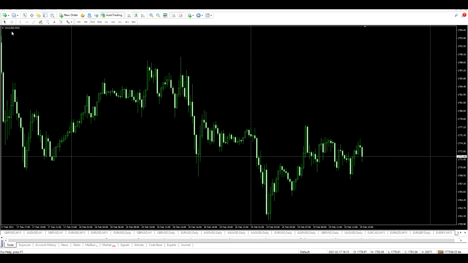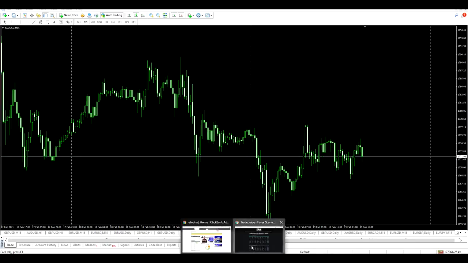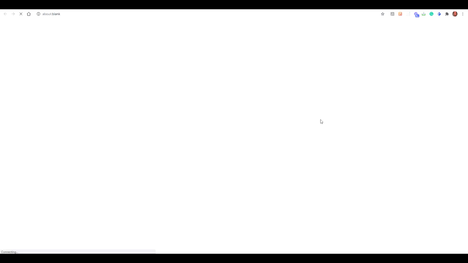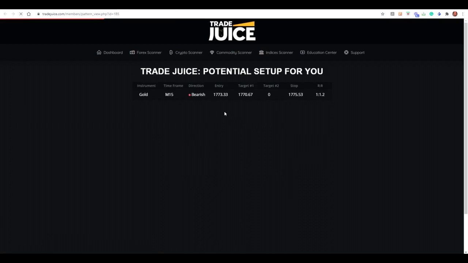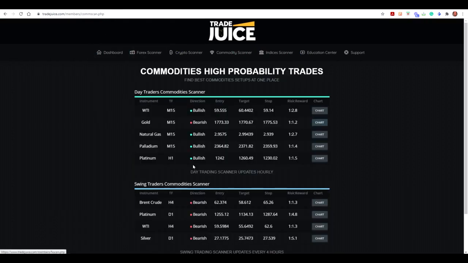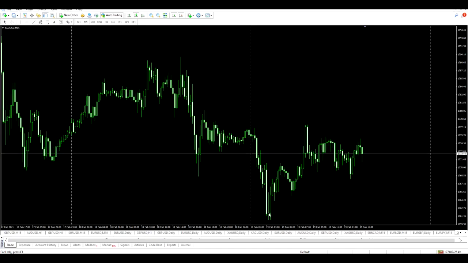Hi guys, I'm on the gold USD 15-minute chart, and the reason I'm on this is because Tradejuice has highlighted this as a potential high probability trade setting up. Now, I do have a chart that I can use for this, and it gives me the entry point, stop loss, and take profit. The entry point, just during the time of doing this recording, is actually just here at the moment. So I'm going to enter this trade,